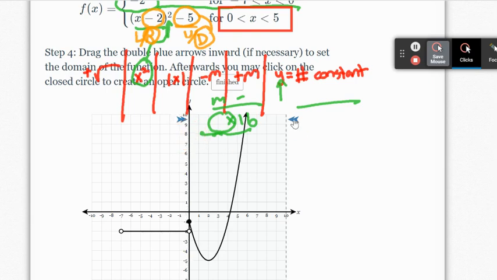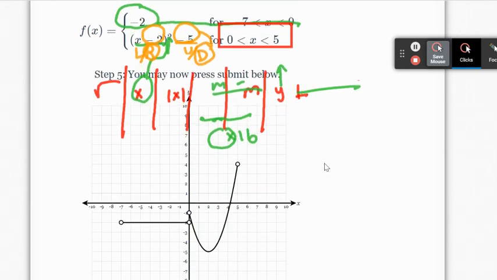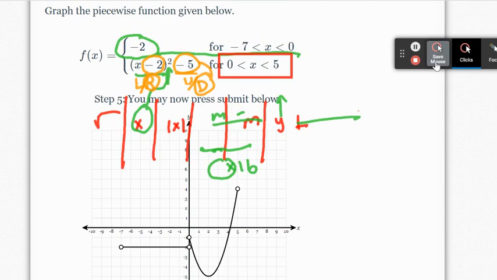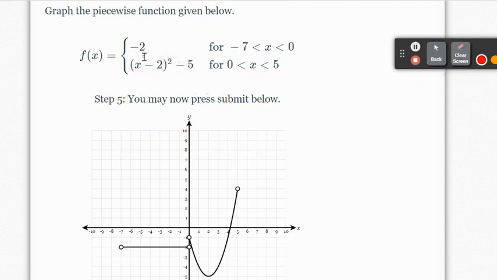And then we end it at 5. So we drag the right bound to 5. And then both of these are supposed to be open dots because neither one of the intervals include the endpoints. So then we click finished, and that is my successful graph of this piecewise defined function of a constant piece